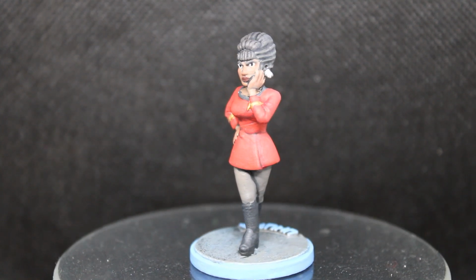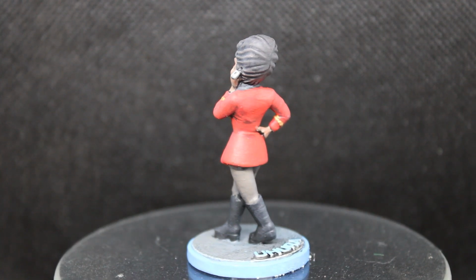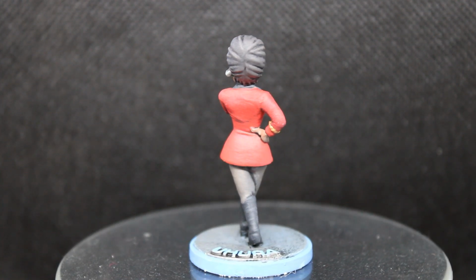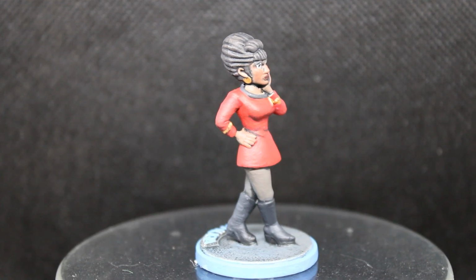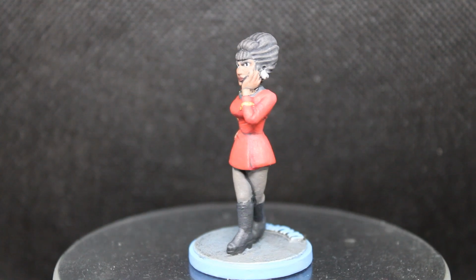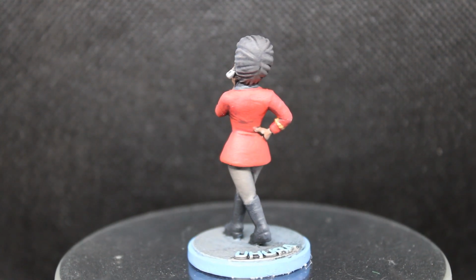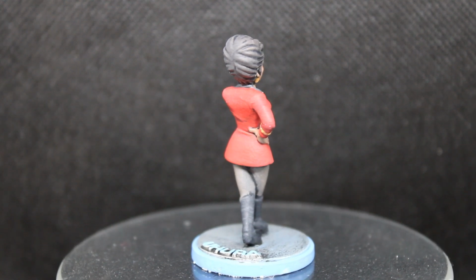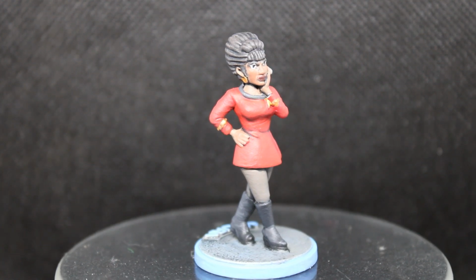But there she is. There is Uhura. And yeah, honestly, I really like how she turned out. As much as I don't really like that her character's kind of a, you know, female character. That's literally her defining factor in this, at least in the early series. I don't know, later on she might become more interesting. But yeah,